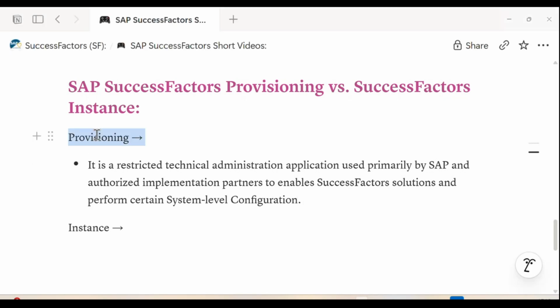So, what is provisioning system? We can say a provisioning system is a restricted technical administrator application used primarily by SAP and authorized implementation partners to enable SuccessFactors solution and perform certain system level configurations. Now, if I'm saying instance system,